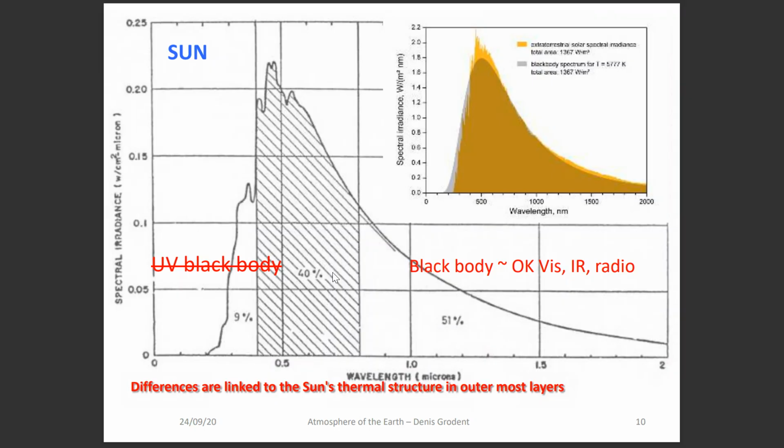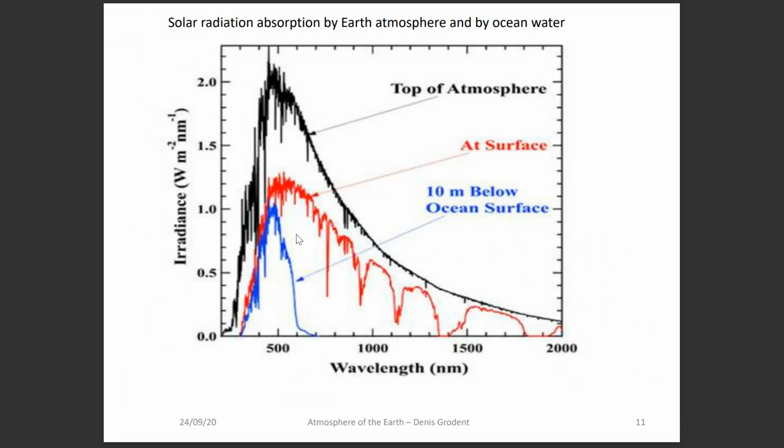So yes, the black body assumption is more or less correct in the visible and the infrared. However, you can see that the sun in the UV range is subject to higher variation, and doesn't follow this black body law. So how is the sunlight absorbed at the top of the atmosphere? This is what we have, and at the surface we see that the great part here in the UV is dampened. Fortunately for us,